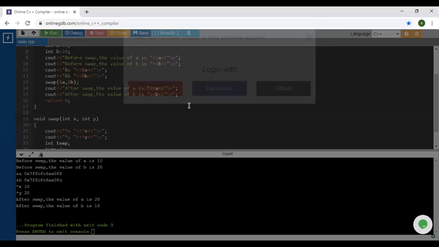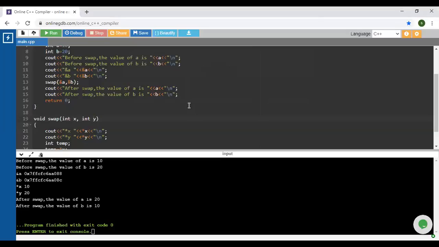They will not swap. Yes, what will happen? This particular definition, what it will accept for execution purpose, it will accept as usual addresses, because your function is going to pass these addresses. So integer x is nothing but that address, integer y is nothing but that address, and it is going to just interchange both the addresses.